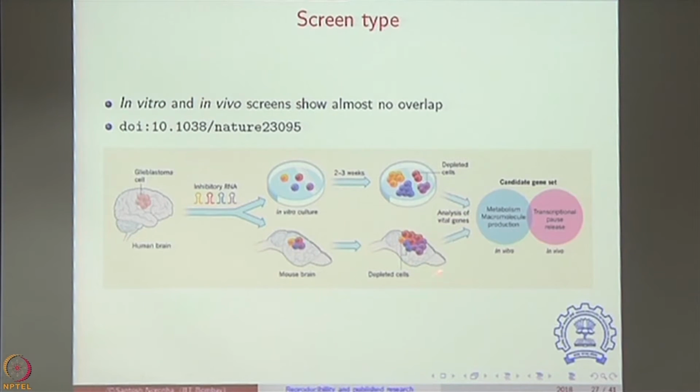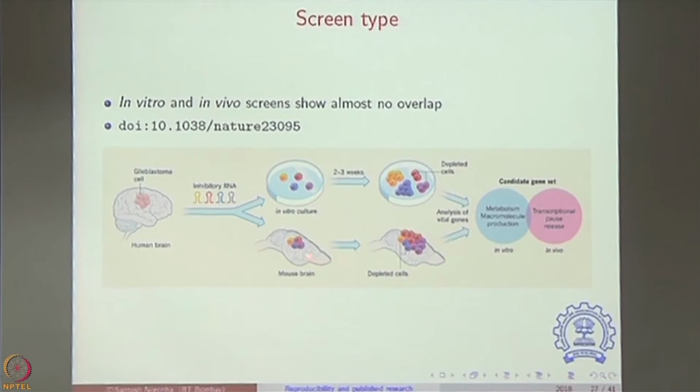So, there is two ways finally this got done: an in vitro screen, where you are basically relying on an RNA interference kind of protocol to try to identify targets, and the in vivo screen, where you are directly loading these cells onto the brain and then looking for changes in function. The in vivo screen and the in vitro screen have practically no overlap in terms of what's upregulated and what's downregulated. Okay, which means if you had just done the in vitro experiment and you had generated a bunch of targets and you had then proposed to now design drug candidates against these targets, you would have wasted a huge amount of money.